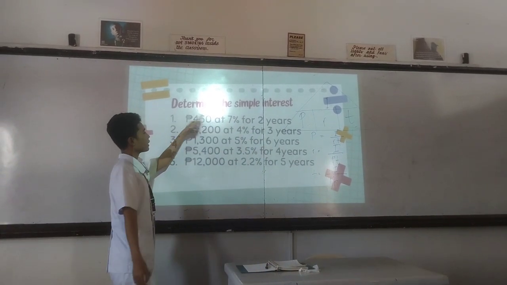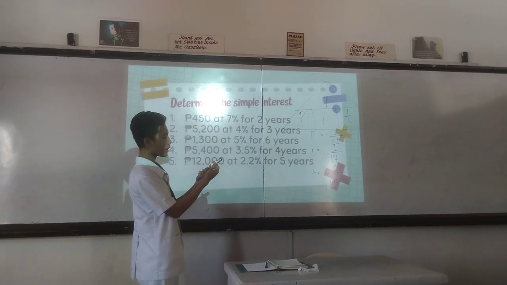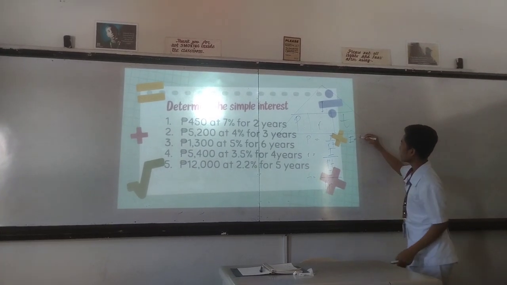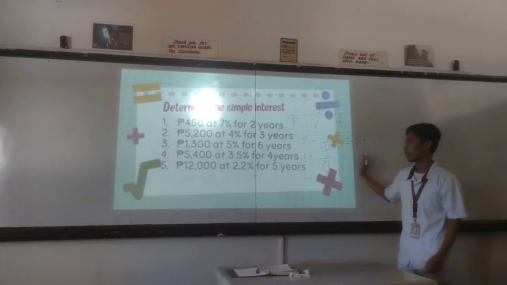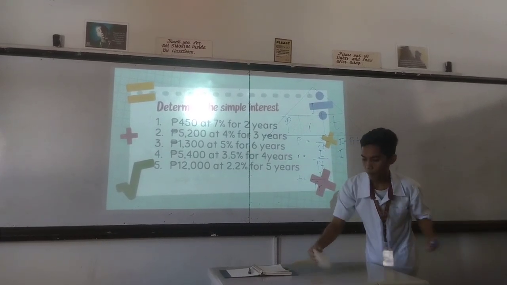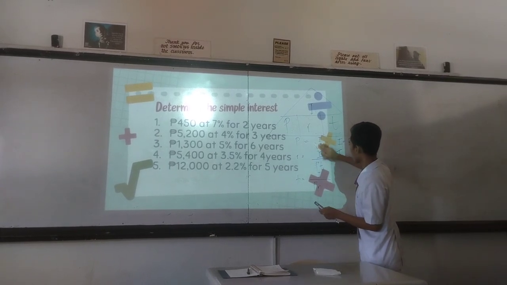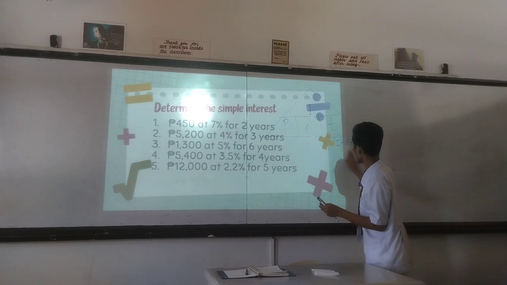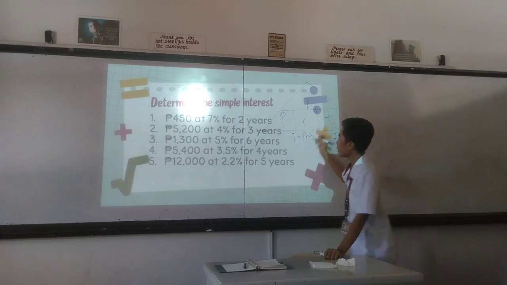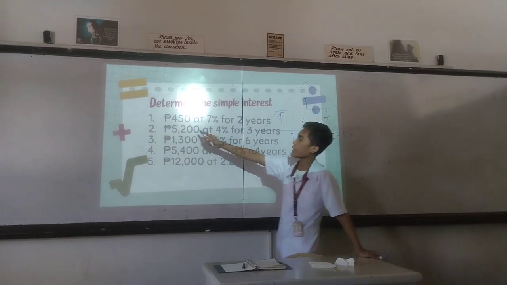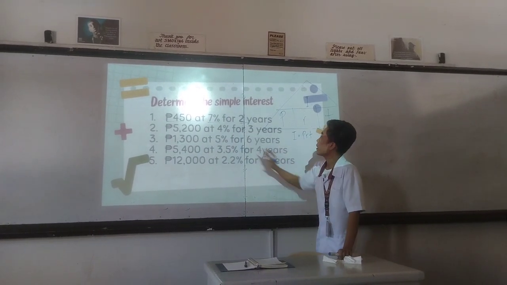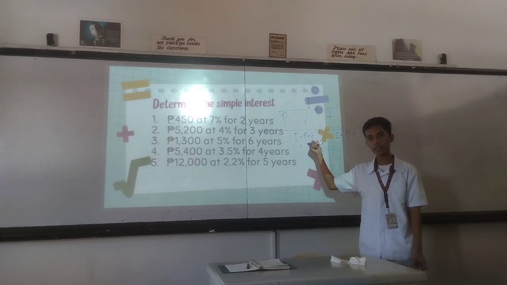So this is the determination of interest. Our formula here is I is equal to PRT, the main formula. So with that, what is the formula? Identify what the givens are. So we have here the principal amount, the rate of interest, and then the time. So we substitute the givens here.